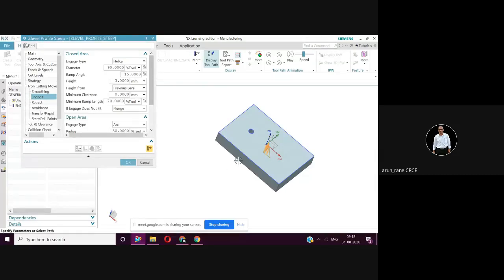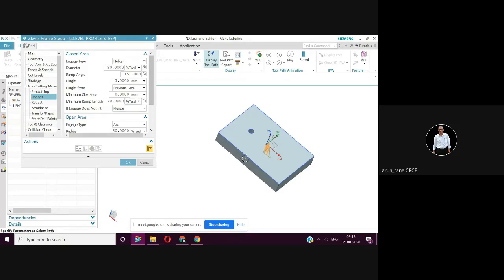Suppose the cutter approaches directly on the face, then you get a straight line mark here. That is a common phenomenon in milling as well as in wire cut. Wire cut and milling are the same. Instead of a milling cutter in a milling machine, you have a wire in a wire cut machine. Rest of the things is the same. So basically the wire cut machine and milling machine are the same.